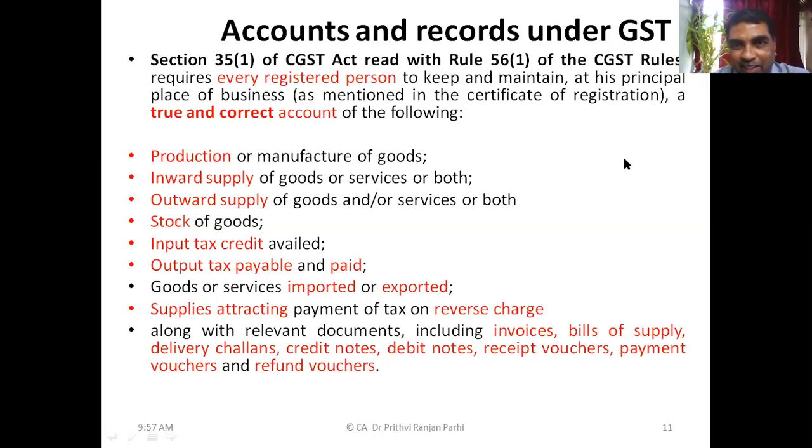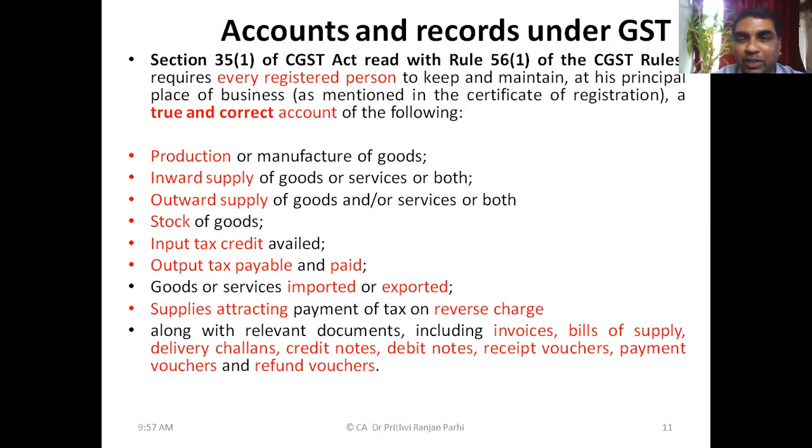But when you are reading GST law, it might appear a little exceptional, because what is the requirement? It is not saying it should show true and fair view. What it is saying, it should show true and... can you read it here? True and correct view. That means with respect to these areas which are listed here, the accounting record that you are maintaining should be 100% correct. It's not a fair view. When you say fair view, that means there might be some immaterial errors. Errors might be there, omissions might be there, but they are considered immaterial.